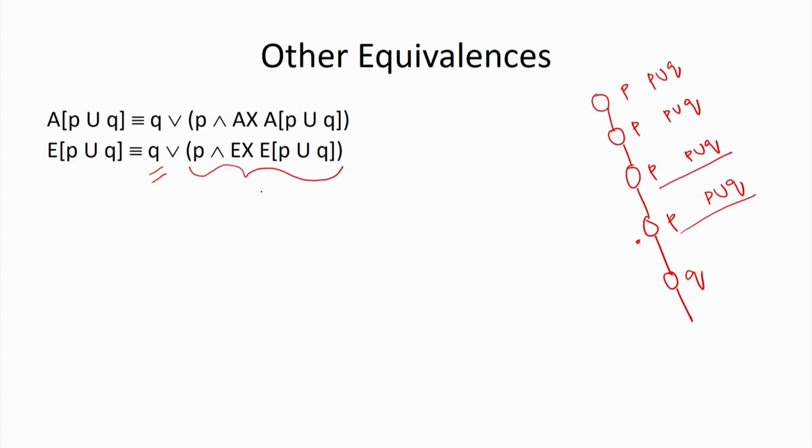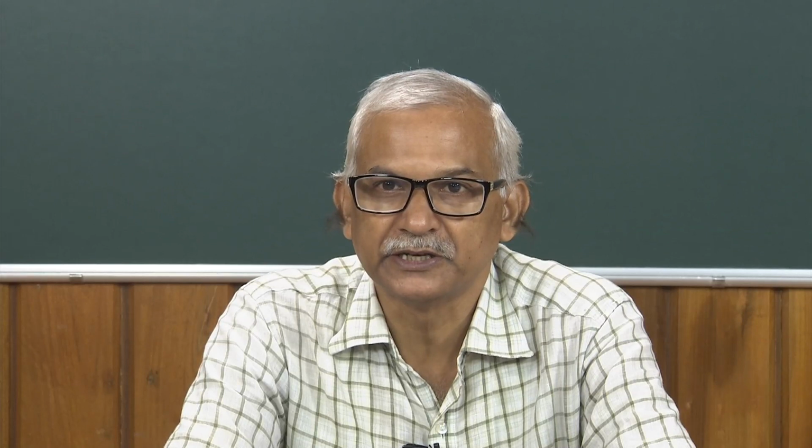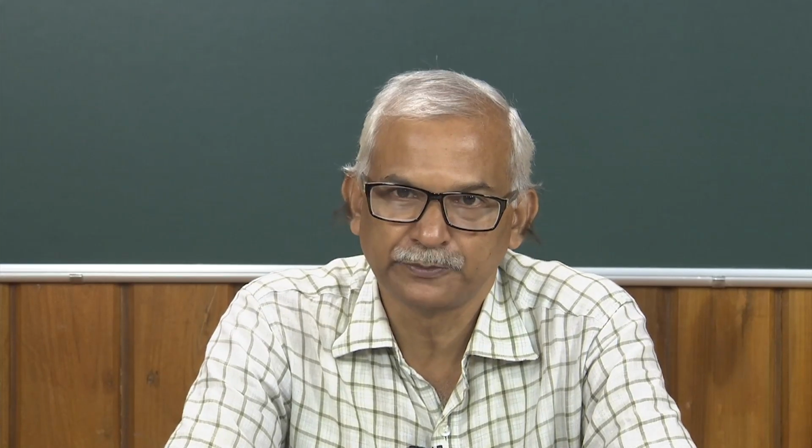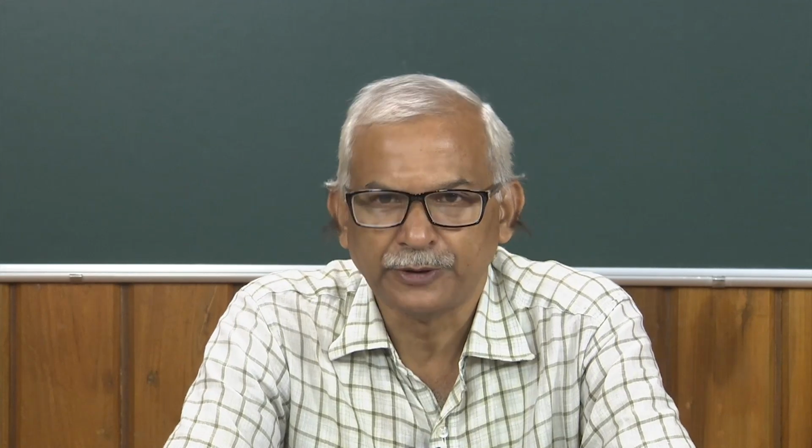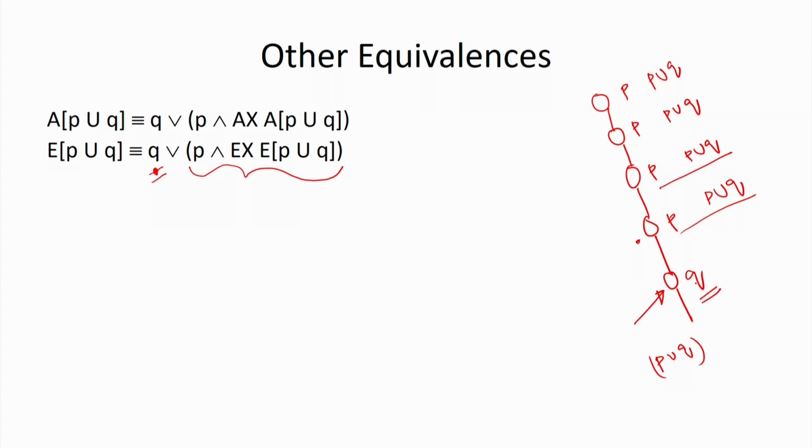Now, in the next state, whether P until Q is true or not, in this particular scenario, what is the status of P until Q? Here, as per this definition, if Q is true in a particular state, we are going to say that P until Q is true over here. Why are we considering these things? Again, as per our defined semantics. And in the defined semantics, what is the notion of time? Present includes the future. So, that is why if Q is true here itself, then I am going to say that P until Q is true in this particular state. So, that is why this component is there.